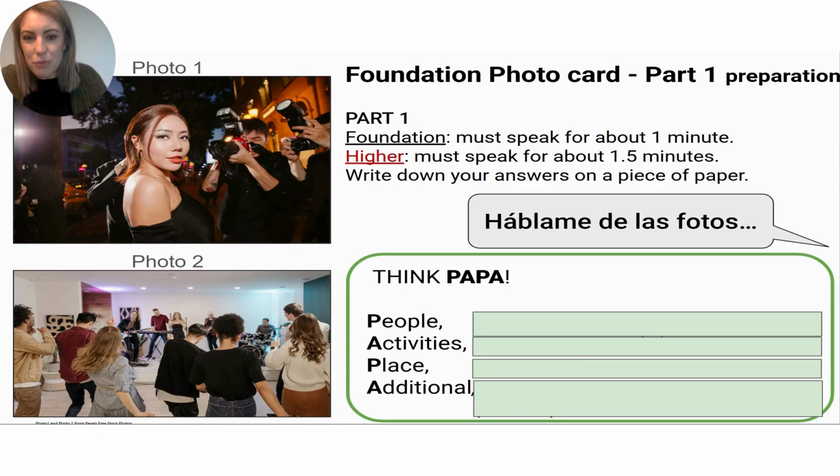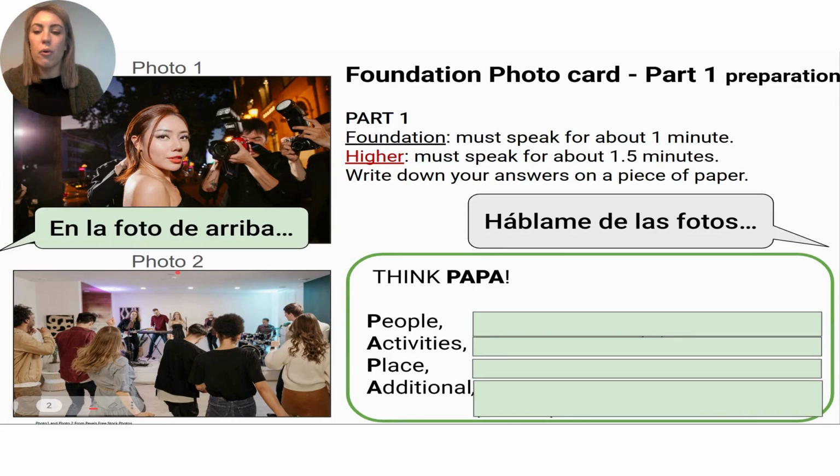All right, so foundation, you must speak for about a minute, and higher, a minute and a half. And when your teacher says, háblame de las fotos, you would read your preparation. And you will say something about the photo up here and then the photo 2. So the best thing is, as soon as you sit down, you grab your piece of paper and you go, en la foto de arriba, and then